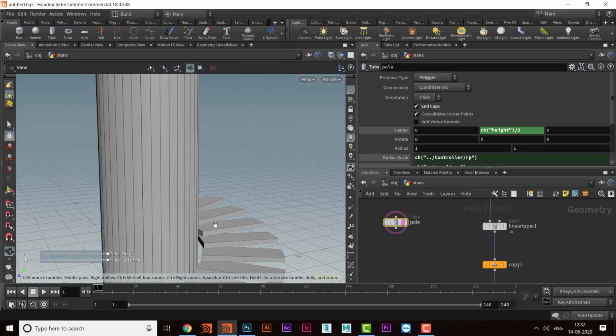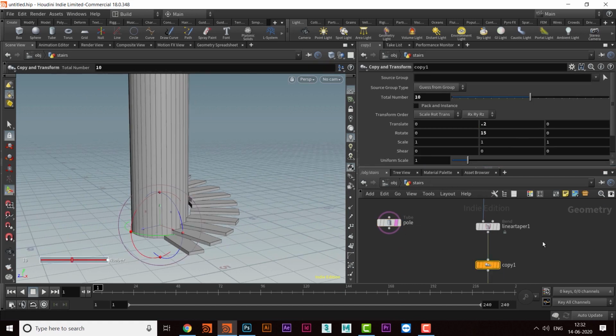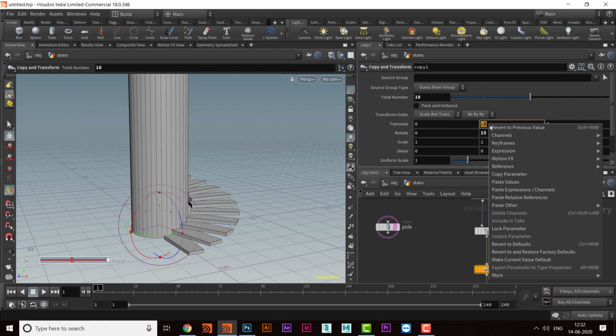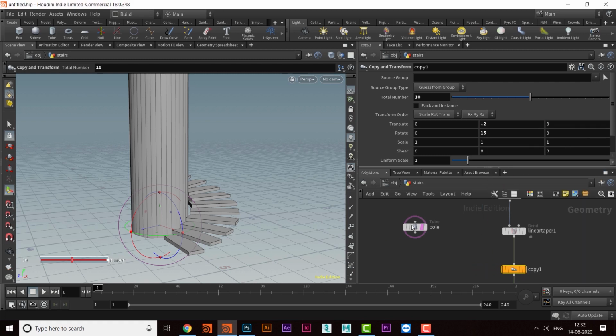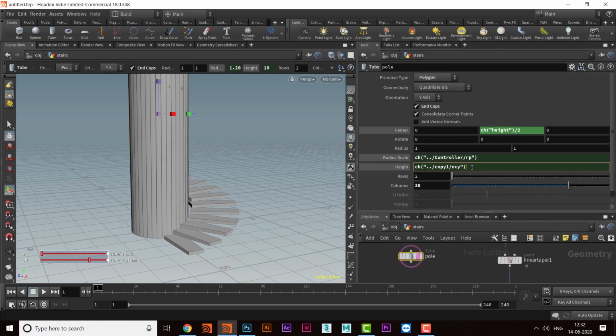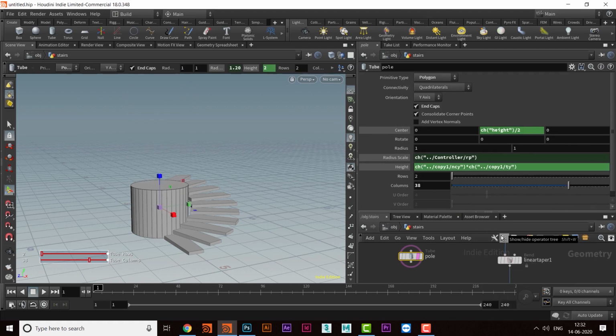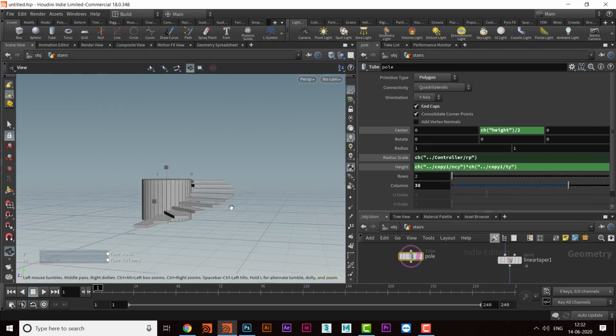I will go to copy 1, and I will multiply also by the size of the staircase. So I will take this value, copy parameter, and then go to pole, and then go here in the height, type asterisk, right click, and then paste relative reference.